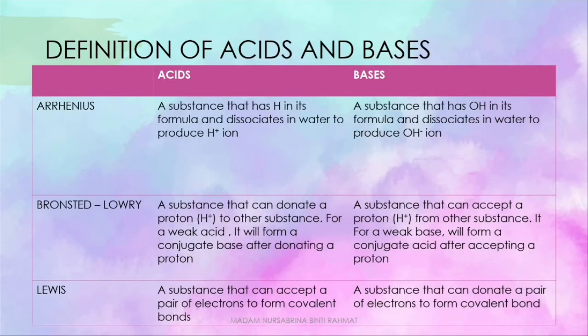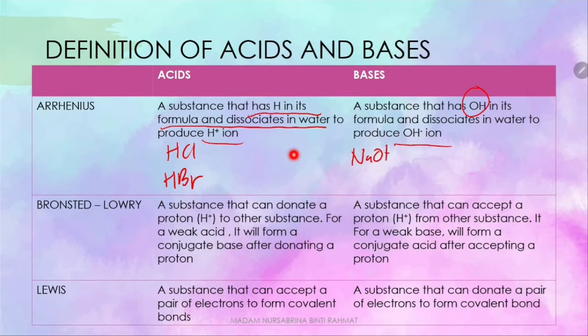Arrhenius states that an acid must have H in its formula, which will dissociate in water to produce H+ ion. Whereas for bases, according to Arrhenius, it must have OH in its formula, which will dissociate in water to produce OH- ion. Examples of Arrhenius acids are HCl and HBr. Examples of Arrhenius bases are NaOH, which must have this OH that will dissociate in water. Dissociates, in other words, we call it ionize. NaOH and then KOH,